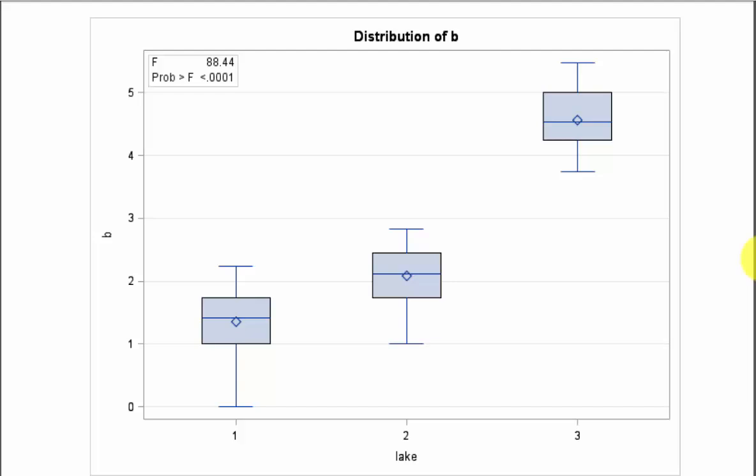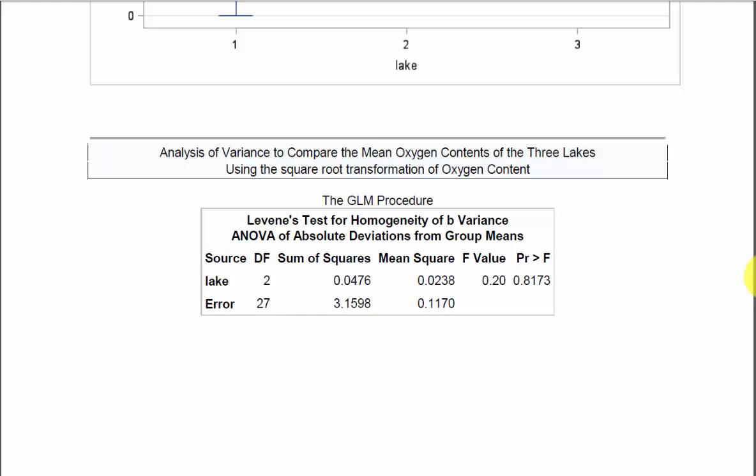Box plot, we see similar ranges. So this is what I did before with the ABC plots that ran horizontally. This is capturing that same information vertically. Levene's test for the homogeneity of variances, and it tells me in this there's a B right here indicating that